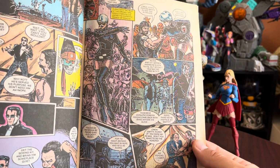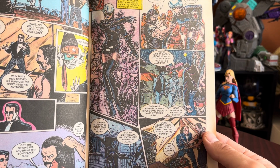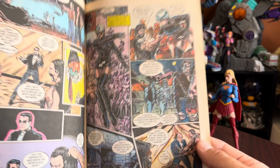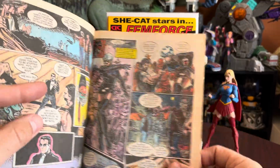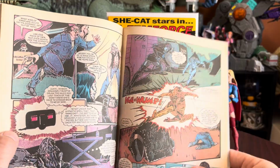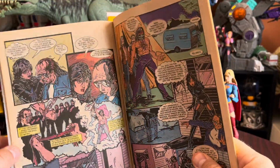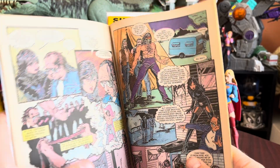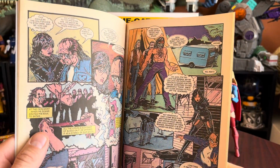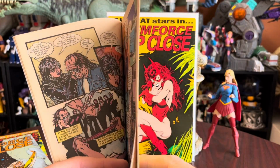Yeah, this is a dingier art style than I'm used to seeing with Femforce. It looks very kind of muddy. The colors are kind of mixed together. It's like maybe they got different inks or a different inker. It doesn't look that great. And I know the art's always consistent, all that stuff with Femforce comics, but I've noticed their coloring